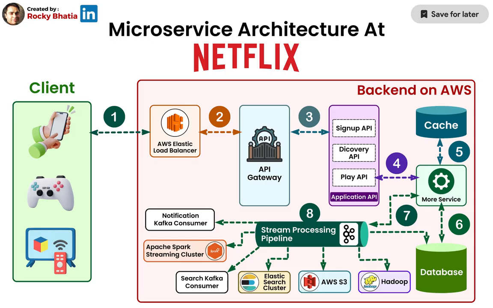There's also a stream processing pipeline using tools like Kafka and Spark to process large amounts of real time data, such as recommendation, search, and viewing history, which is then stored in systems like AWS S3, Hadoop, or Elasticsearch. All of this runs on AWS Cloud, making it scalable, fault tolerant, and capable of handling millions of requests at